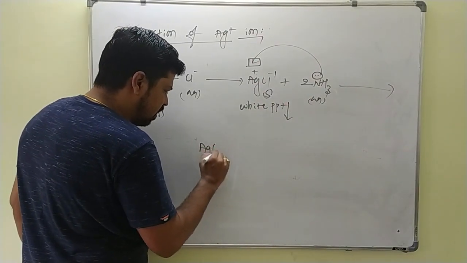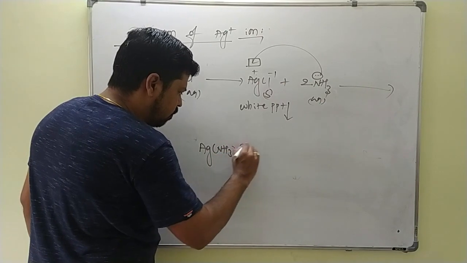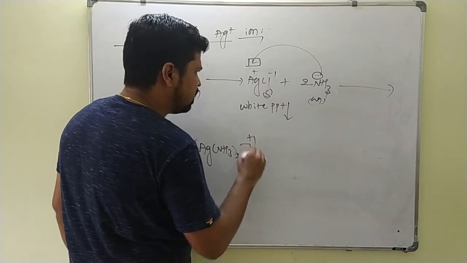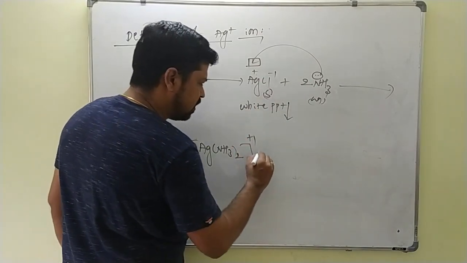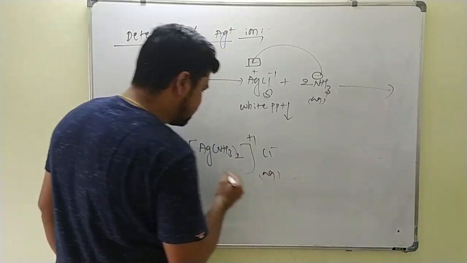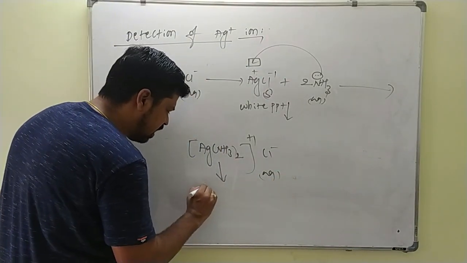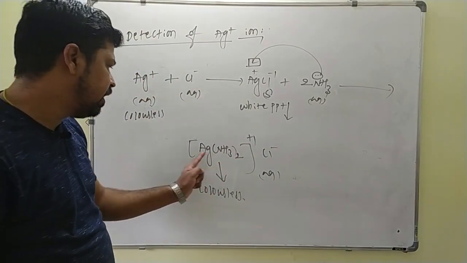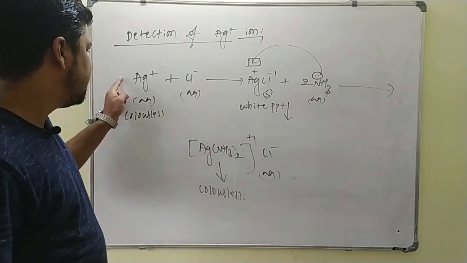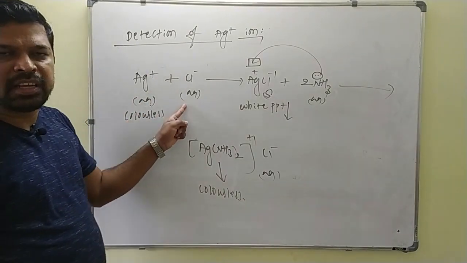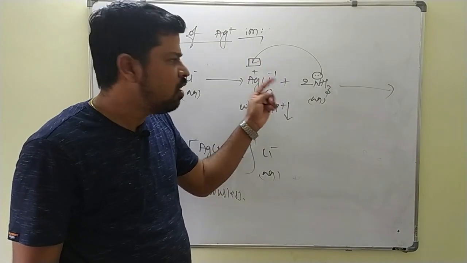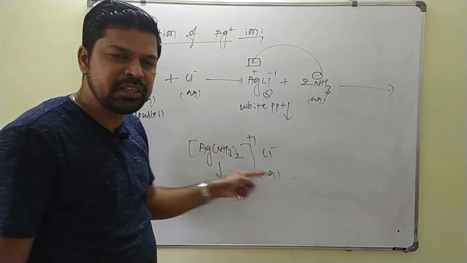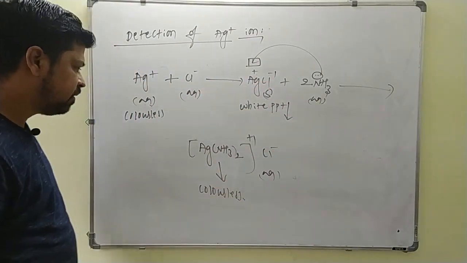This is Ag with 2 ammonia. We write the complex in square brackets, with a plus 1 charge outside. To balance this positive charge, we write Cl minus, and this complex is formed in the aqueous medium and is colorless. This is called diammine silver chloride. First, Ag plus ion is colorless. On treating with Cl minus, it forms a white precipitate of AgCl, a solid, which on further treating with ammonia forms what? A colorless complex. So from these changes, we detect the Ag plus ion.